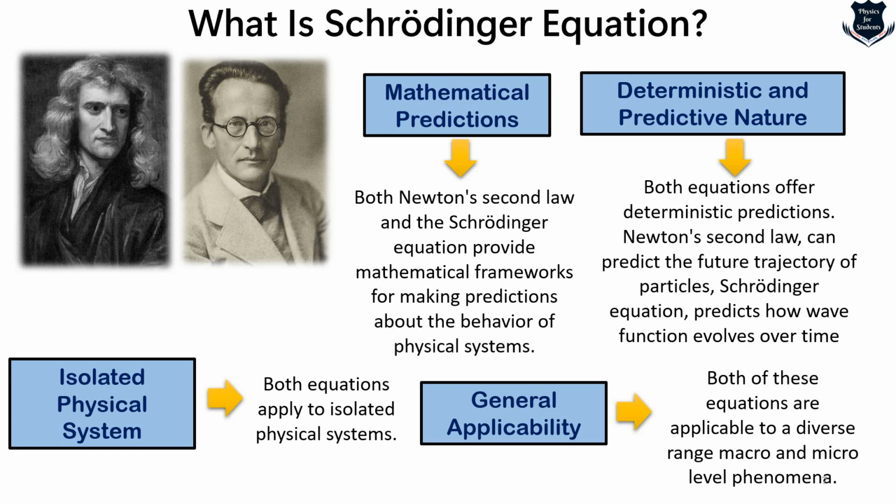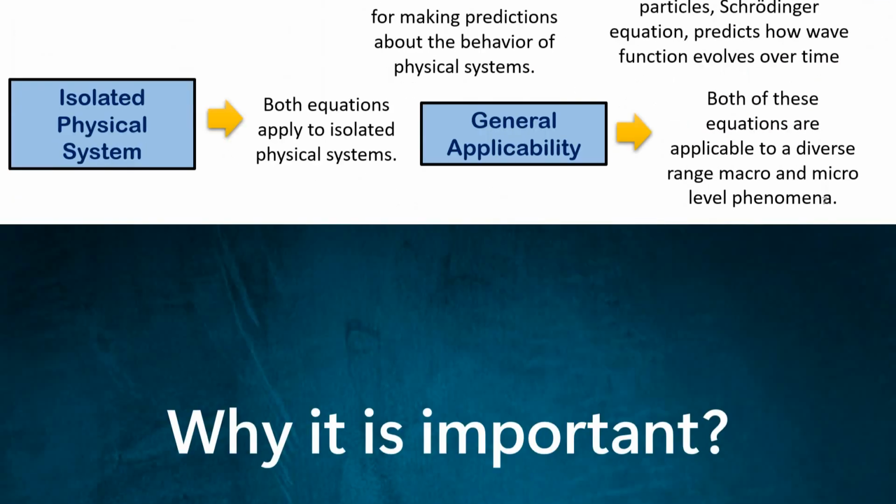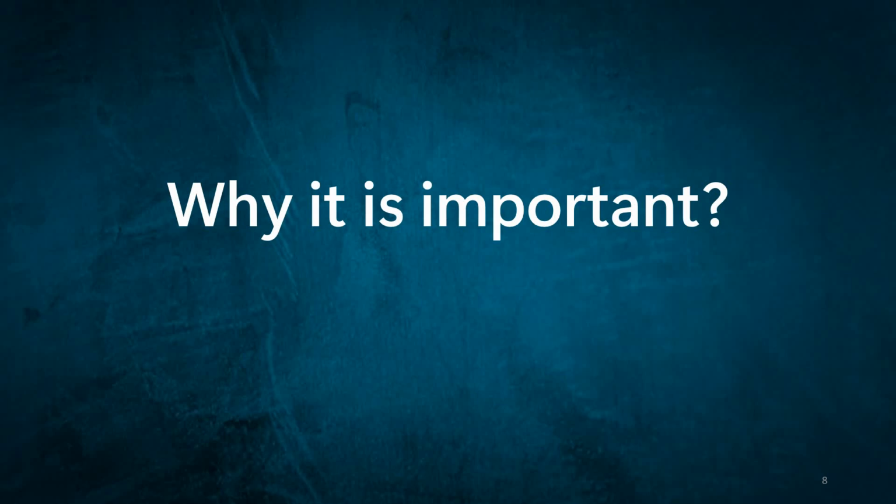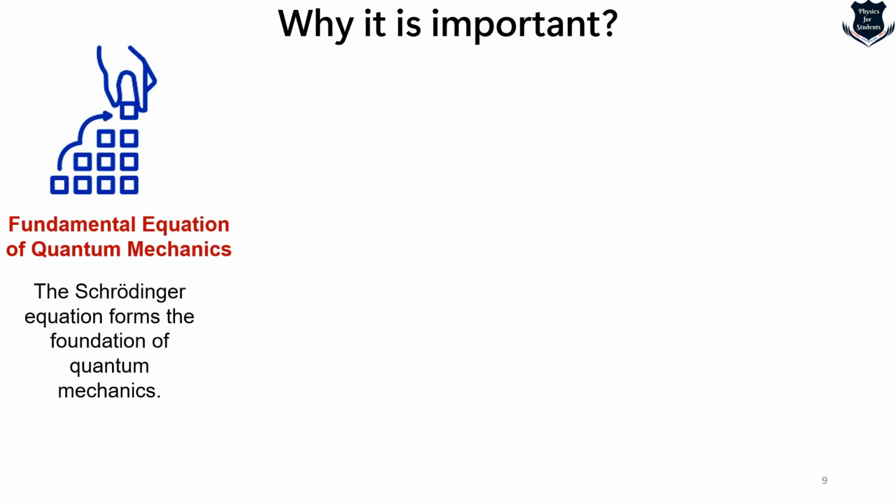So having understood what the Schrodinger equation is, and how it can be called, I would say, the quantum mechanical counterpart of the classical F equals ma, now it is time that we look into its importance. I mean to say, every equation has got an importance. So why is it important, why is the Schrodinger equation considered to be important? Number one, remember that the Schrodinger equation forms the foundations of quantum mechanics. So it provides a very fundamental framework, which we have just seen, to understand the quantum world.